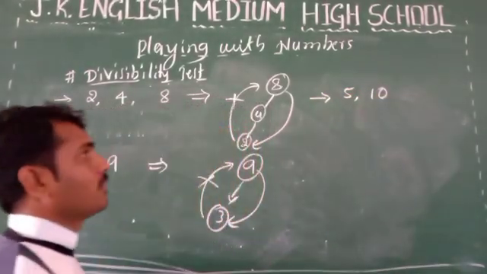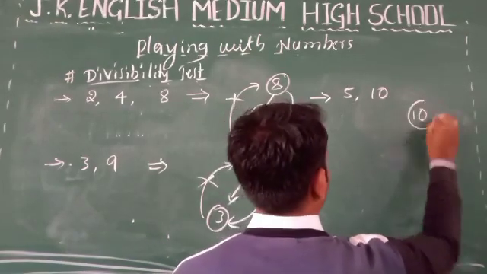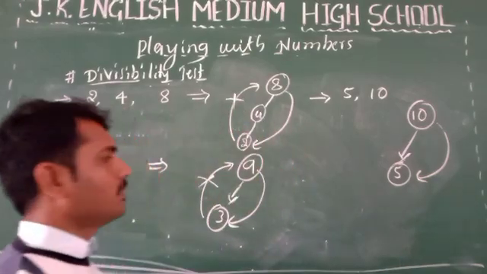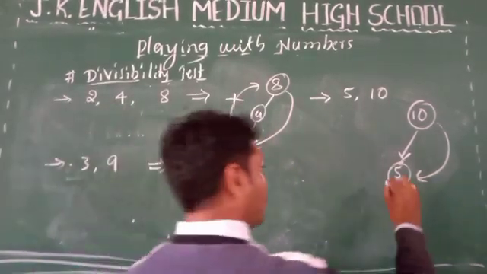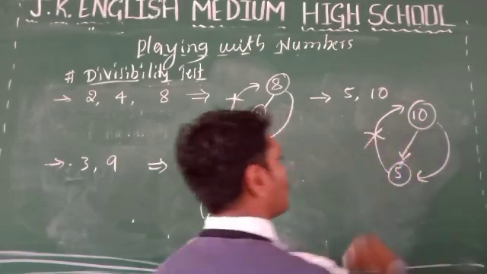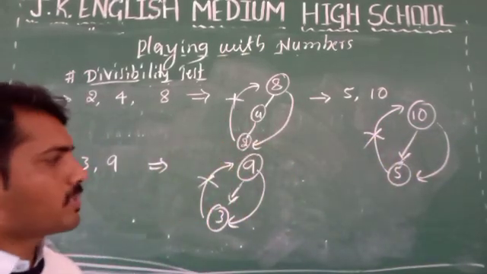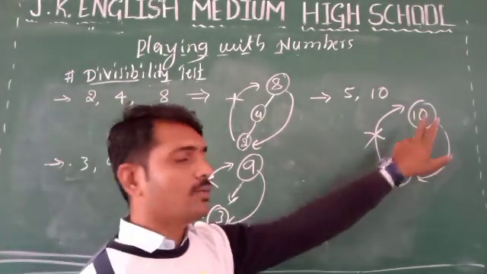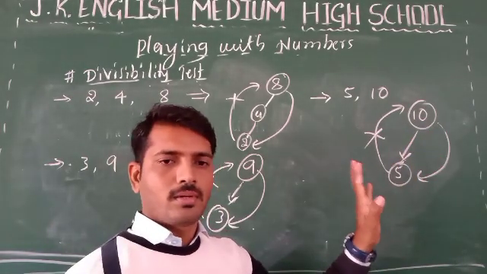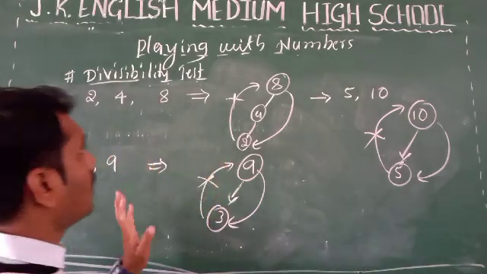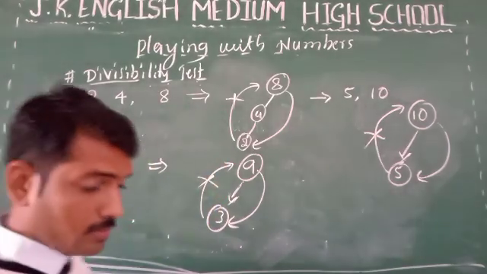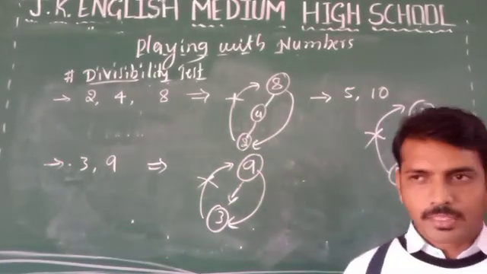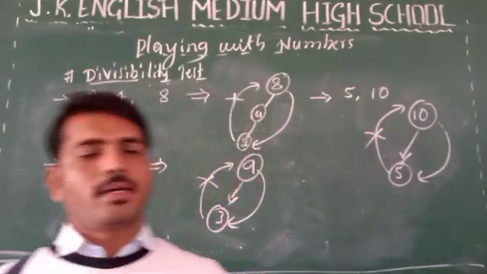5, 10. The number which is divisible by 10, that is 100% divisible by what? 5. The number which is divisible by 10, that is 100% divisible by 5. But some numbers which are divisible by 5 are not 100% divisible by 10. For example, 15. 15 is in the table of 5, but in the table of 10, 15 is not there. Understanding? Okay. So already we have discussed 1 to 11 numbers and their divisibility rules, conditions as well as tests.